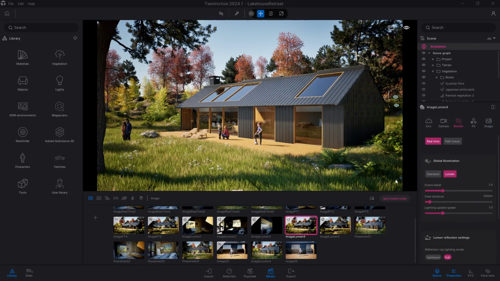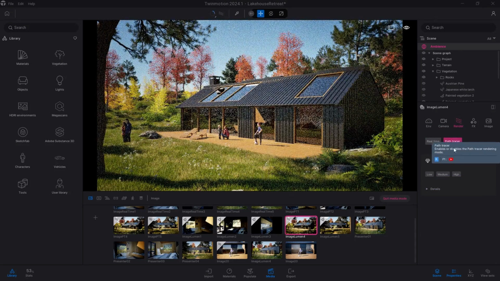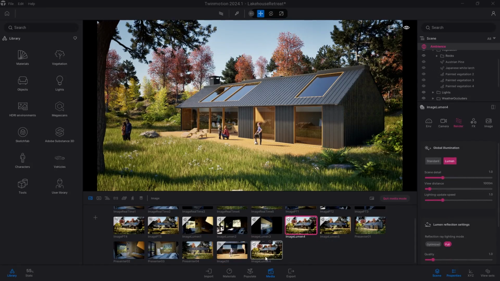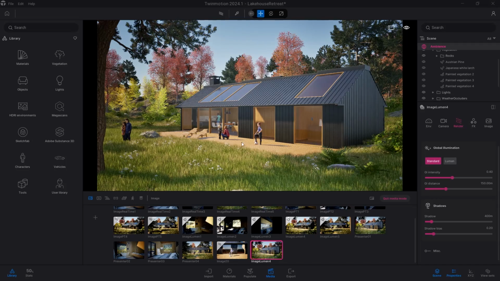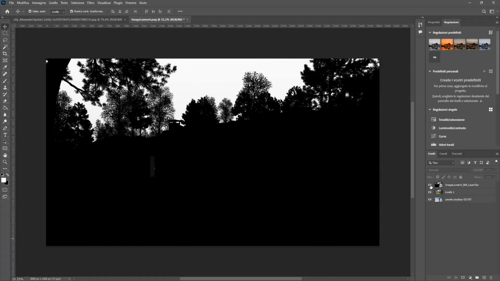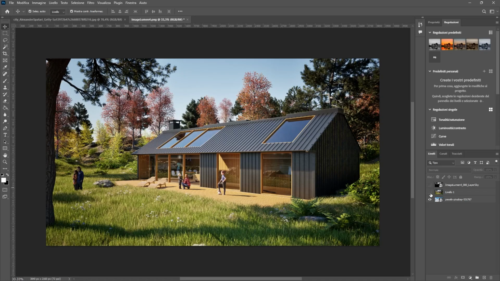I recommend you to create the final image with Lumen Engine or Path Tracer, without the layers active, as these weigh down the final calculation considerably. To speed up the process, duplicate the final media, set the standard engine and, when exporting, activate as many layers as you want. The render layers have been generated and are ready to be edited in a graphic program